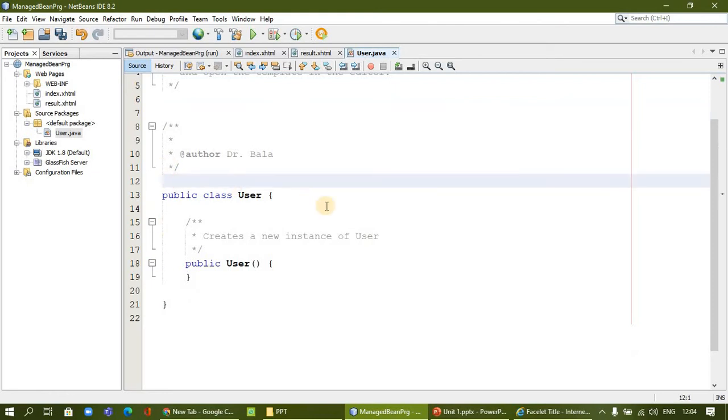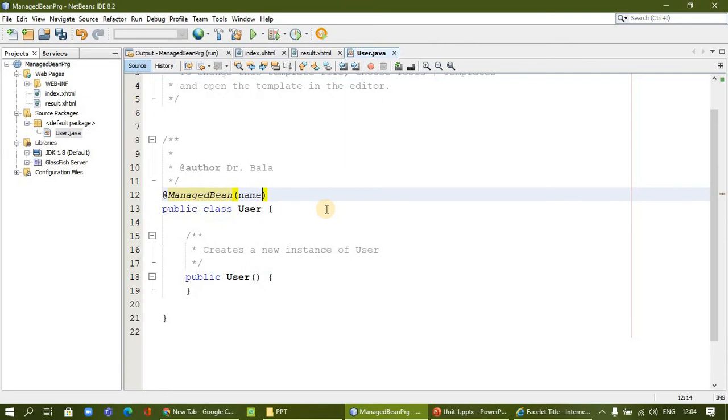Now we can prepare the managed bean. How do we make the bean? ManagedBean, M capital, ManagedBean, in which we are going to state the name of the bean. So the name of the object, maybe I say object, OPJ, object is OPJ, and we have to say eager is true. Why? Because managed bean is a lazy one. In order to get active, we are going to say eager is true, and instead of calling this user, we can call through this object.